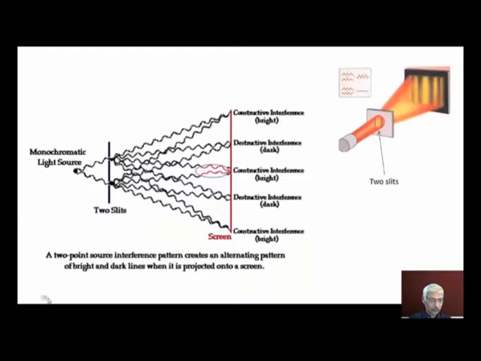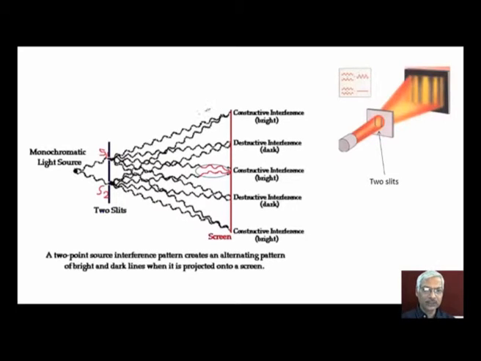Now again the fringe formation is shown schematically here. We have a monochromatic light source, and then we have a screen with two slits. Say this is a slit S1 and this is a slit S2, and at some distance a screen is placed here, and we are getting light waves from secondary wavelets from S1 as well as from S2.